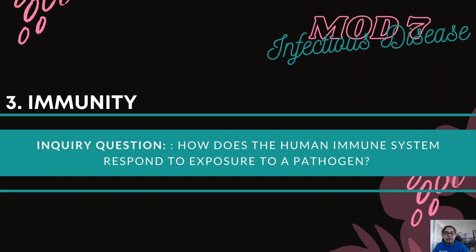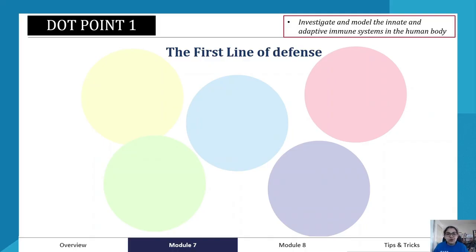I think you just need to have a really good understanding of immunity and how things are happening. So the inquiry question here is, how does the human immune system respond to exposure to a pathogen? So follow through this with me and please ask questions. Again, it's going to be like a summary of all things, but last series, the lecture series, I went through this in a lot of detail. So if you want that extra bit of detail, go make sure you check that out as well. But today we're going to go a bit summarized and quickly through it, and then we'll move on to